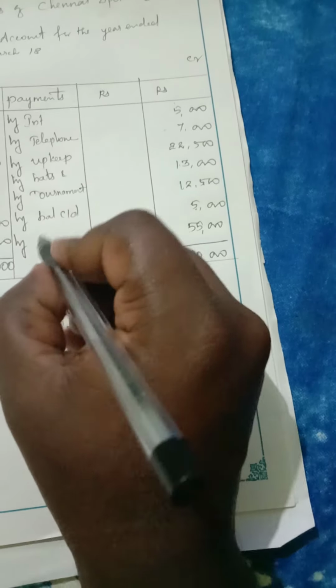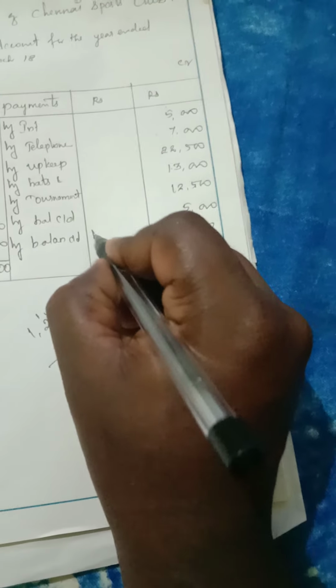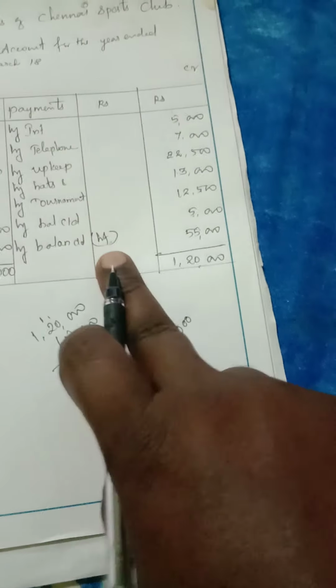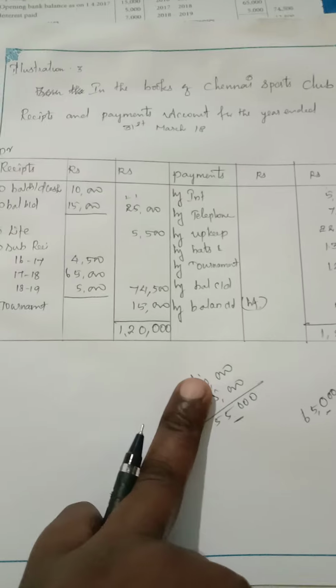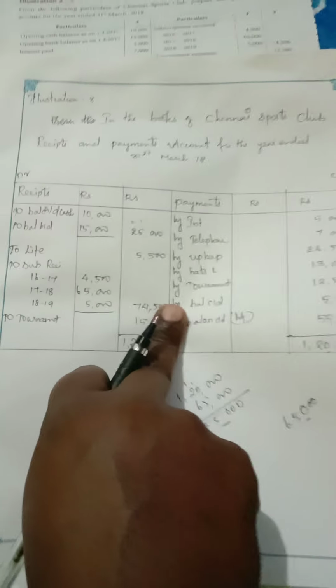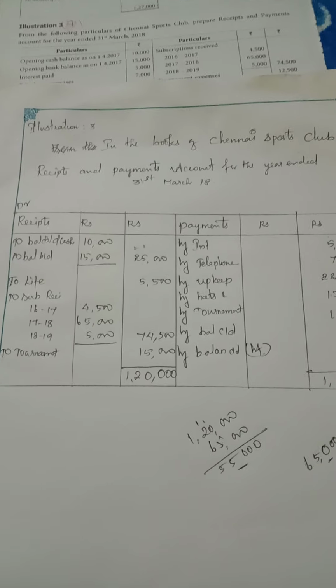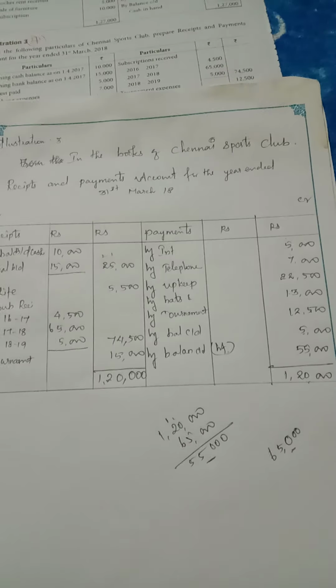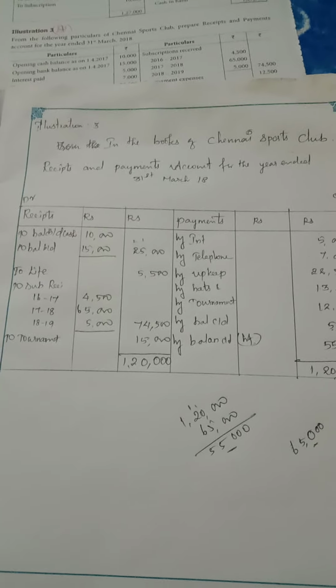Here we should write it on the credit side as balance carried down, so that means it's the closing bank balance, rupees 55,000, okay. Did you understand this one? Illustration 3, okay. Then I will explain illustration 4 also. Did you understand illustration 3? Then I will explain illustration 4,